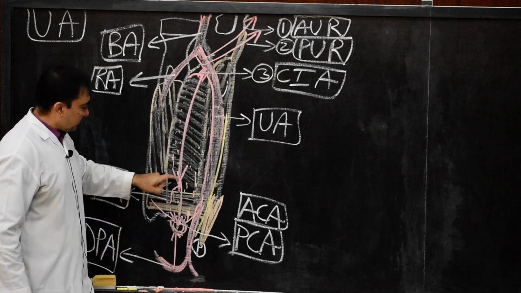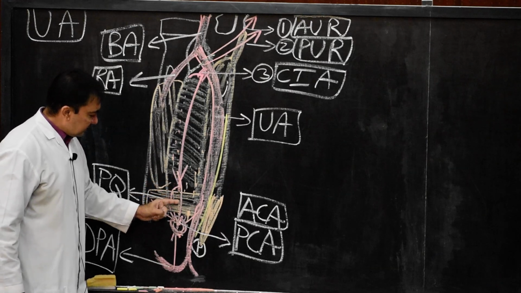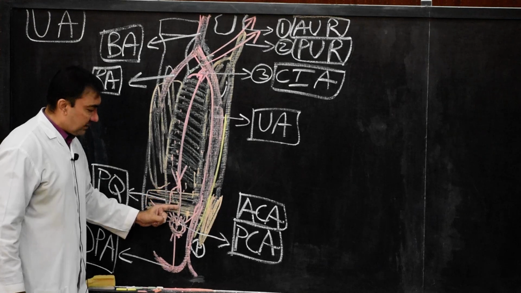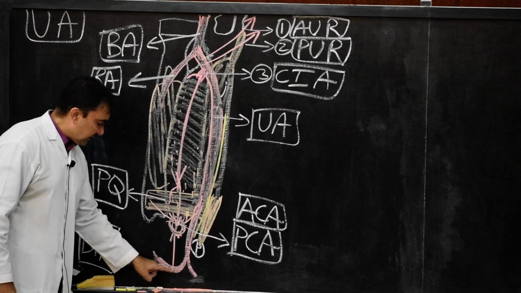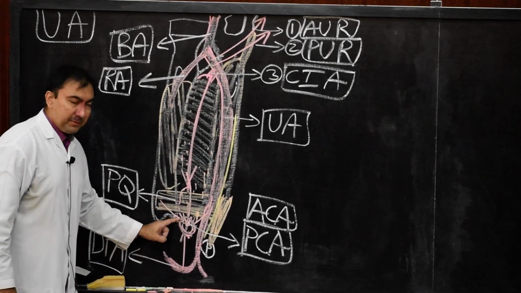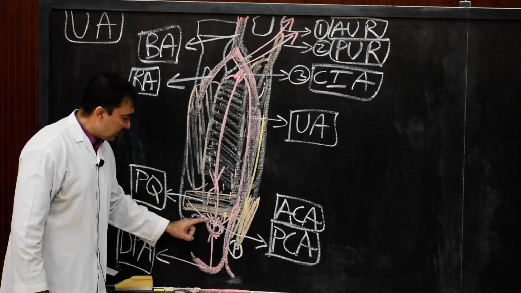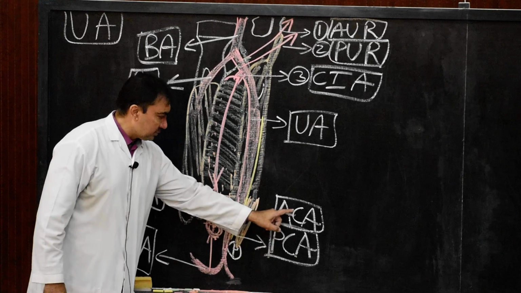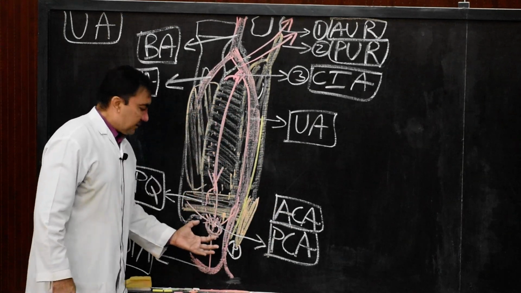But before it passes posteriorly, it will give a branch anteriorly, this branch. This branch of the anterior interosseous artery will meet the recurrent branch coming from the deep palmar arch, and it will also receive the palmar carpal branch of the radial artery and the palmar carpal branch of the ulnar artery to form the palmar carpal anastomosis or anterior carpal arch. This much is about the anterior interosseous artery.